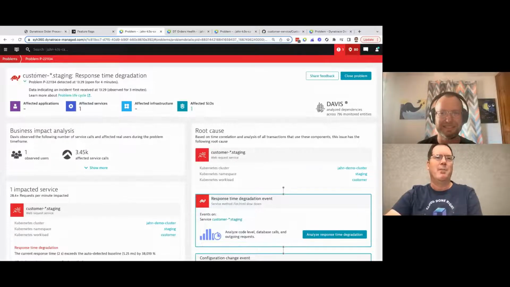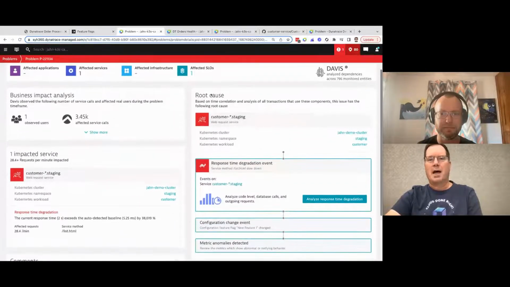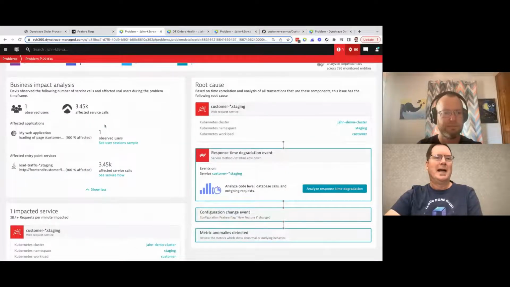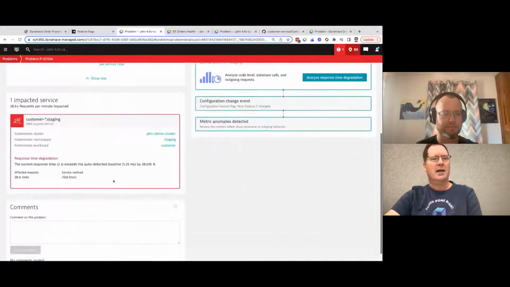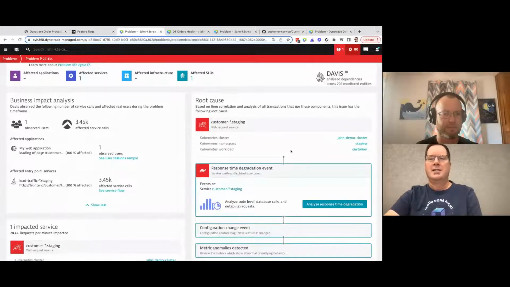I know I'm flipping around, but I think everyone's following. Here you can see I went back to that same problem. And because it's now finished its analysis, it's been open for 4 minutes, it populated a lot of this other information. In my case, my one user is my JMeter script. So I don't really have a lot of users, but if you imagine there were real users coming into it, we would be able to see how many users are impacted, what the services are, and how they're coming in. In this case, one service is impacted, and we have more insights now in the context of